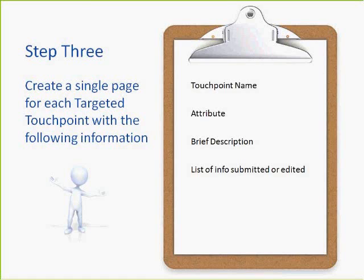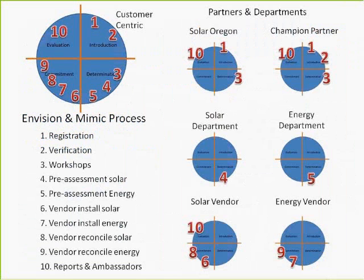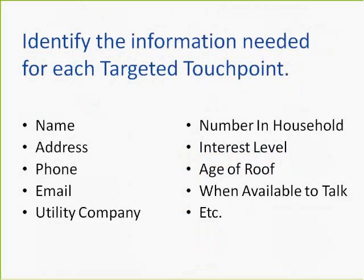A little bit of a description. What is it going to do? They're going to register to learn more about solar and give us their personal information. The verification process would be different. If we're at the second one, verification, what it had to do with was the